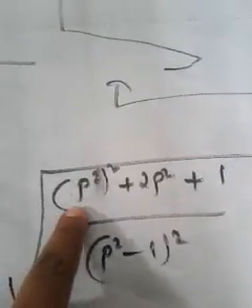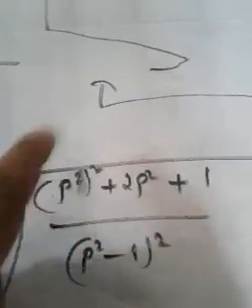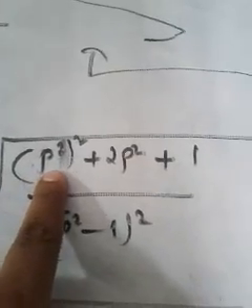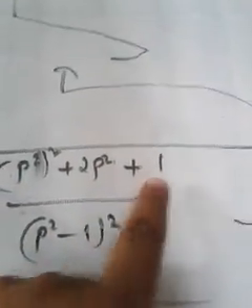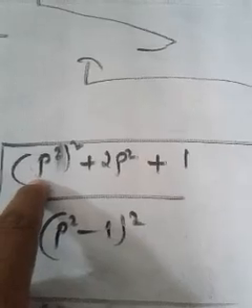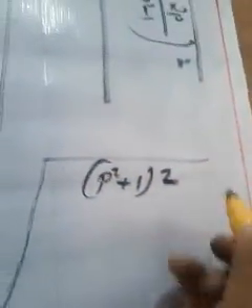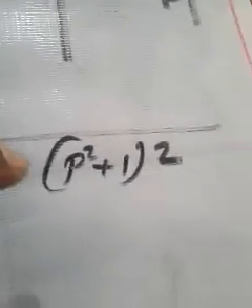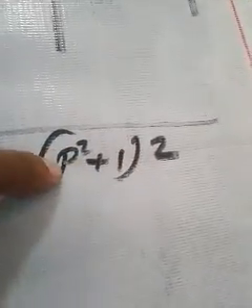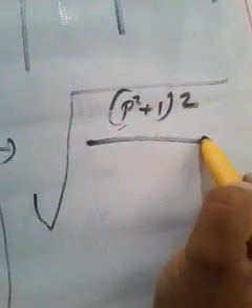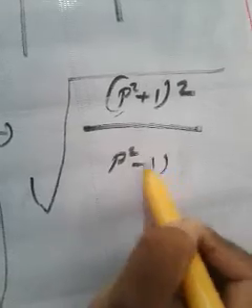So it was p raised to 4. If you write p raised to 4 as p square whole square, now you just see, suppose it is a. Consider p square as a. Consider 1 as b. Now it came in the form a plus b whole square. That means numerator I can write it as p square plus 1 whole square. If you have any doubt, you just expand by using a plus b whole square. We will reach here. Sure, try to expand. Divided by, I'm not going to do that, you have to do that. Divide by denominator as it is, p square minus 1 whole square.